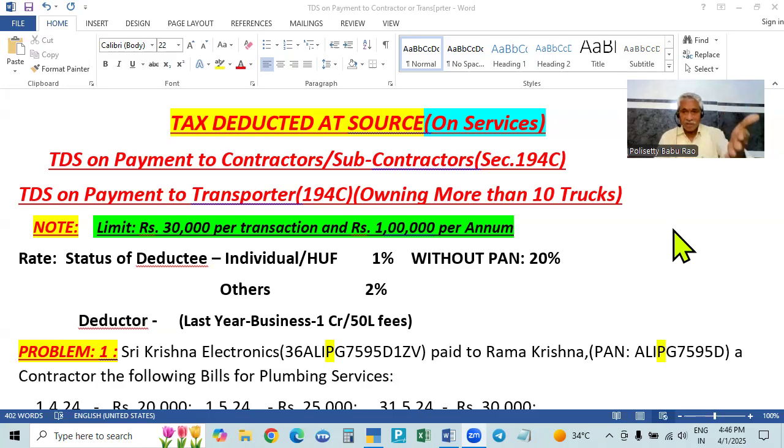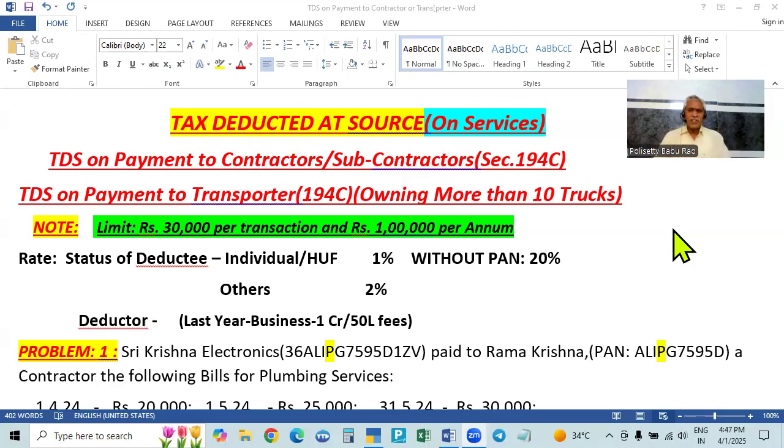That is income to the other person. The person who is making the payment gets the service and has to pay. That person will deduct that amount, so that person is called the deductor. The person who has to pay the money, the payer, is called the deductor. The other person who will receive the money is called the payee, and this amount is deducted from the payee by the deductor.